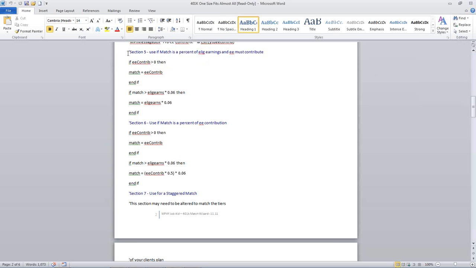So if you're going to use this approach, you have to choose one of the 3 sections. If you don't and leave them all in there, it will perform the math that you tell it in 5, and then it will perform the math that you tell it in 6, and then it will do this stuff in 7, and then 7 is the last one that touched it, so that is the result.